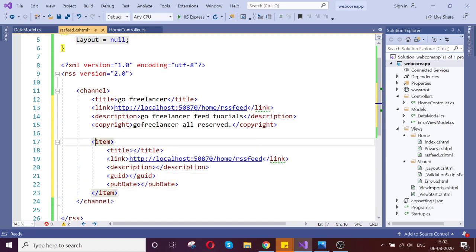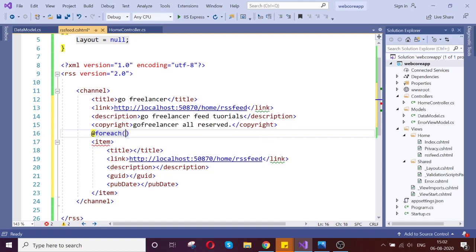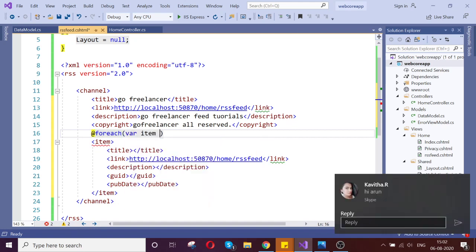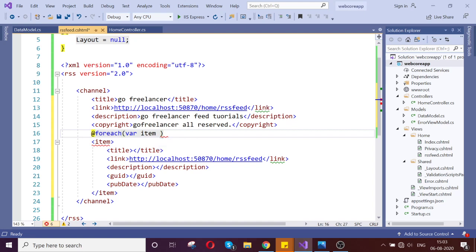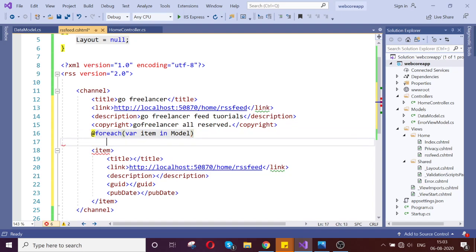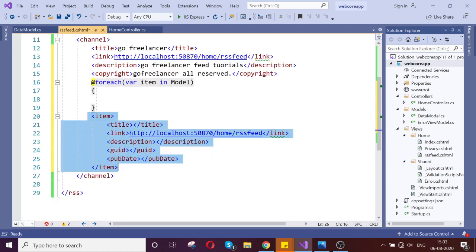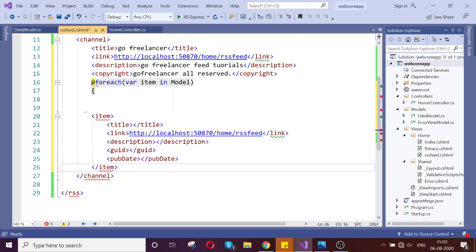So now we'll start building the dynamic part. Let's do the foreach, where item in the model. Just put this item inside that.